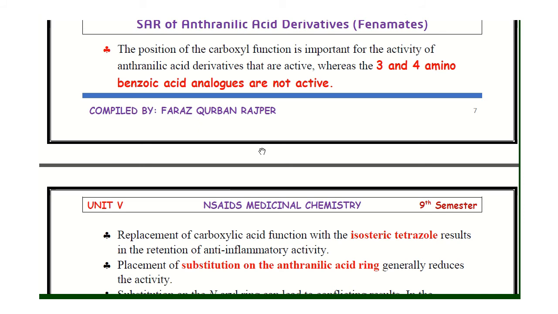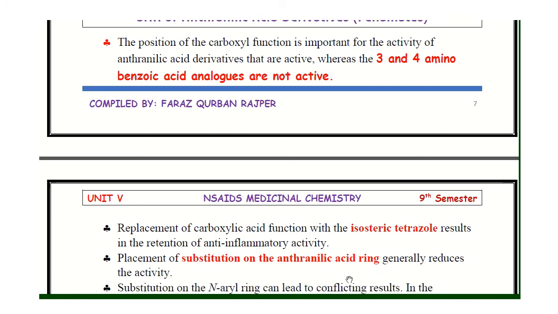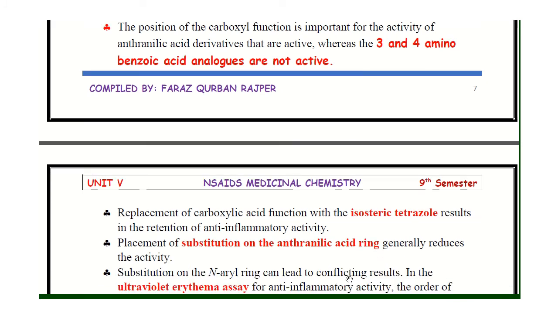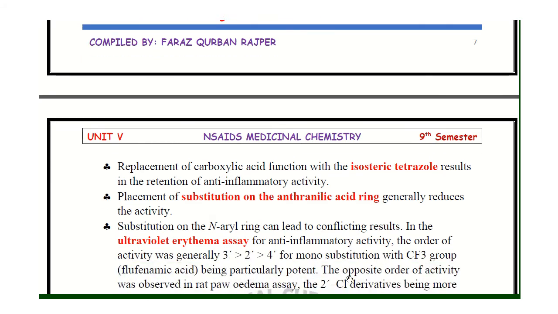Substitution on the anthranilic acid ring generally reduces the activity. This means that if we substitute a different functional group at the anthranilic acid NH group, it will cause a reduction of activity. Substitution on the N-aryl ring can lead to different results,